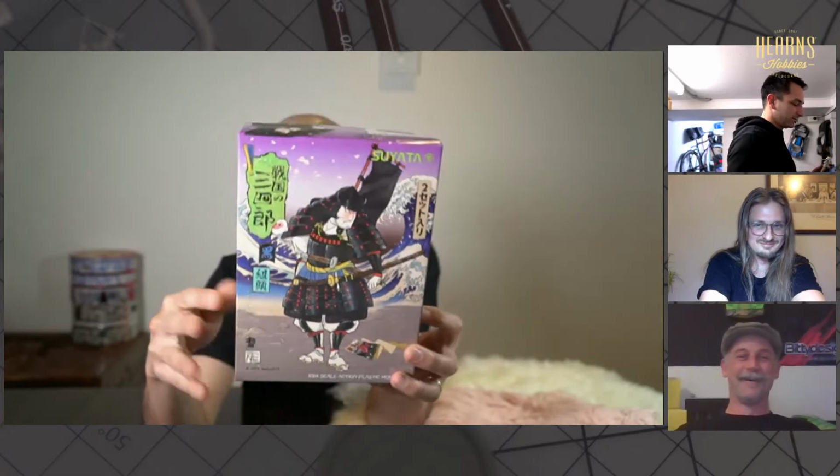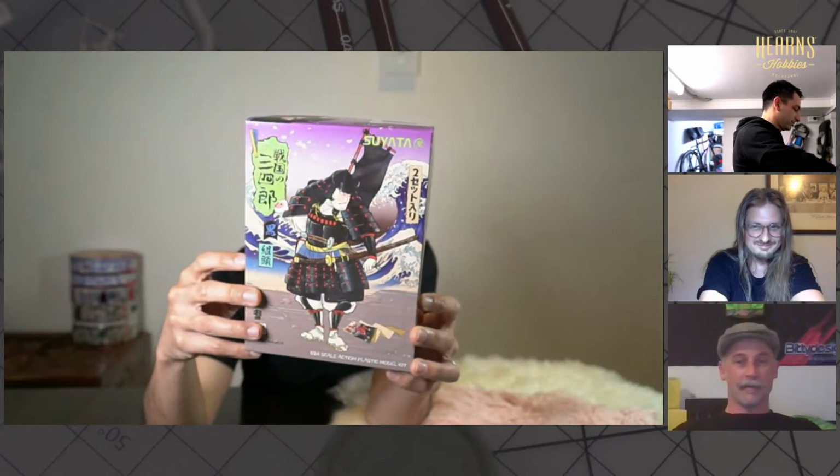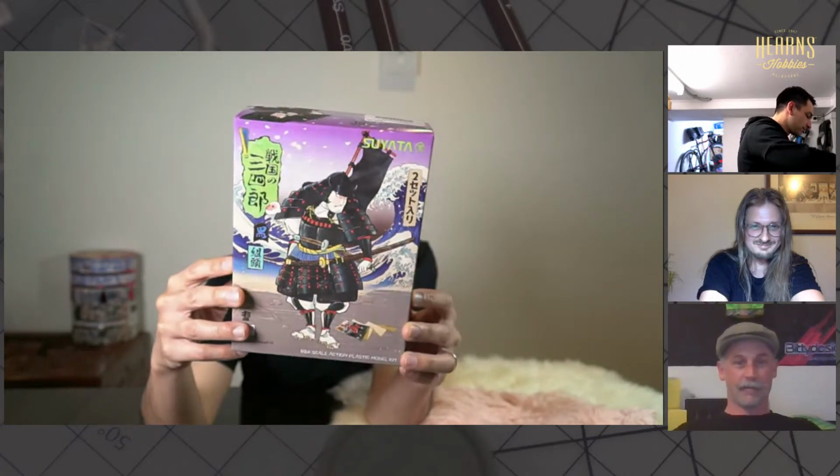Yep. So this is Samurai from a company called Seata. Seata is quite a new brand. I think it's part of a family of companies which is part of the Rifle Take-On group, but they're concentrating on some really oddball subjects. So you've got this historical type figure. There's Ninja in the same series. There's also some oddball